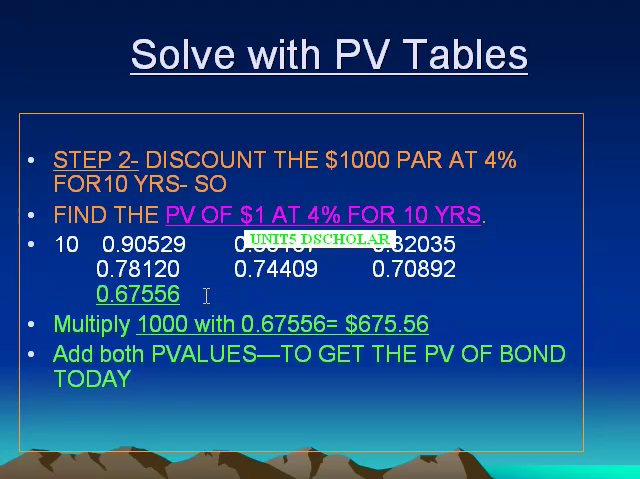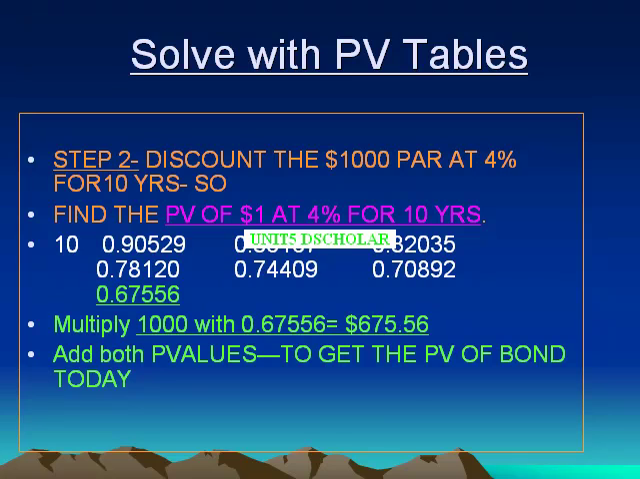So what we are doing is we are saying they're receiving 1,000 at the end of 10 years. So what is it worth today? It's only worth 67 cents. So we multiply 1,000 with 0.67556, so it is worth $675.56. So to determine the present value of the bond using the tables, we simply add the 675 plus the